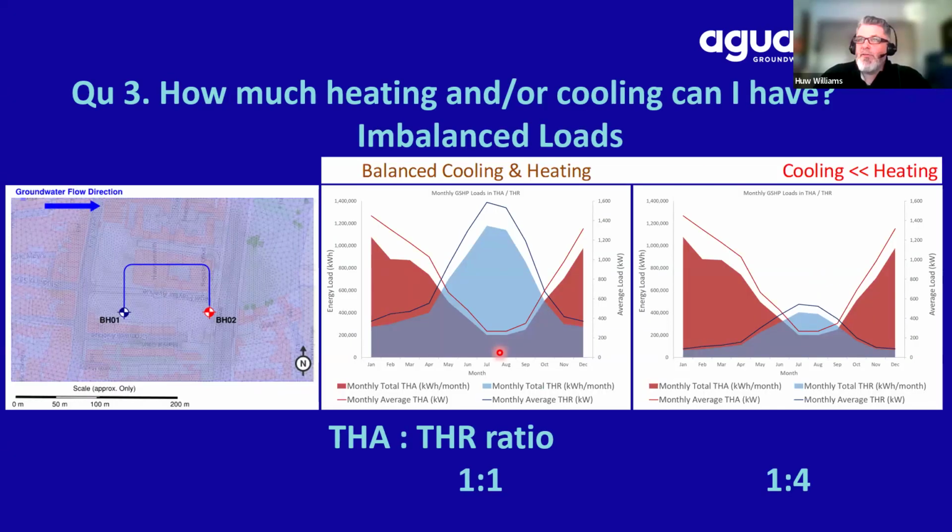The third question then, having hopefully answered the second: how much heating and cooling can I have? Well, I've just done two examples here. In the middle is a balanced heating and cooling load, where the ratio of total heat absorption to total heat rejection is about 1:1, with net heating and net cooling through the year, January to December. And then if we manipulate that load such that the heating is about 4 times bigger than the cooling,